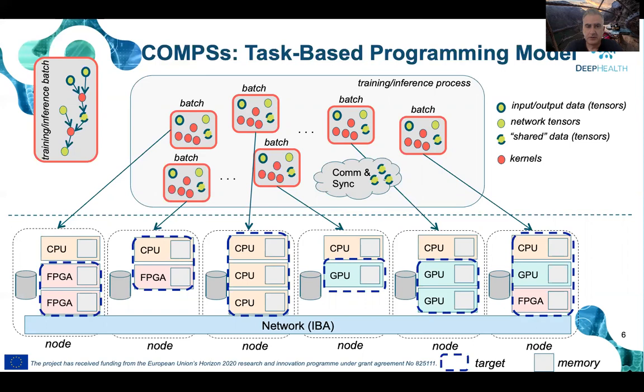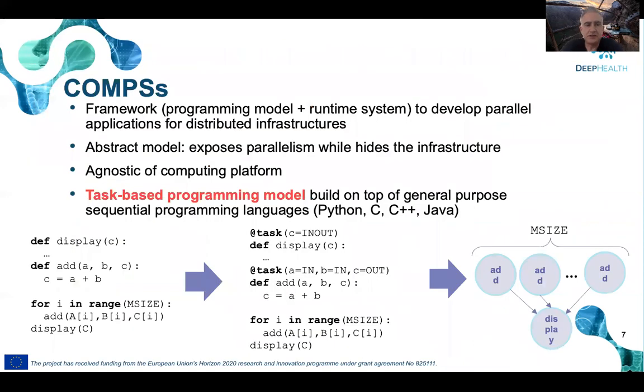Okay. So basically, COMPSs is a framework to develop parallel applications for distributed infrastructures. It presents an abstract model where we expose the parallelism while hiding the infrastructure details. So it is supposedly agnostic of the computing platform. Okay, so this is for the first,